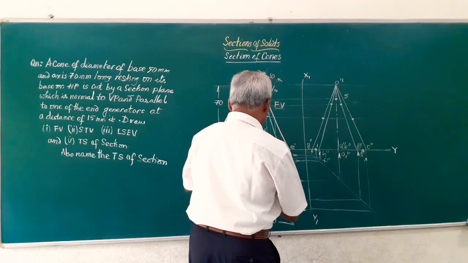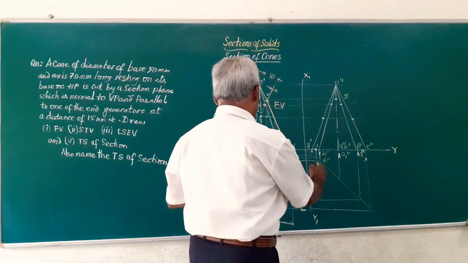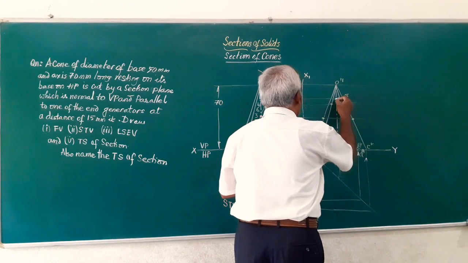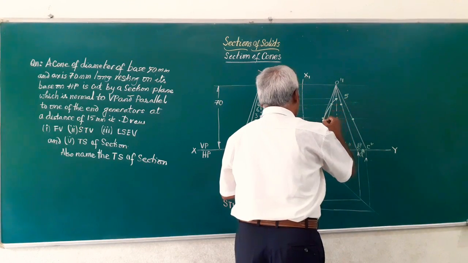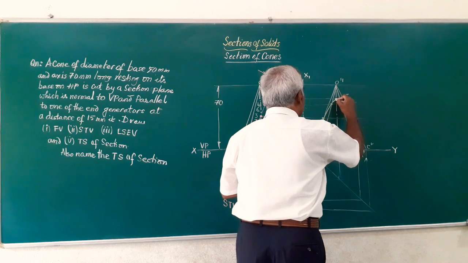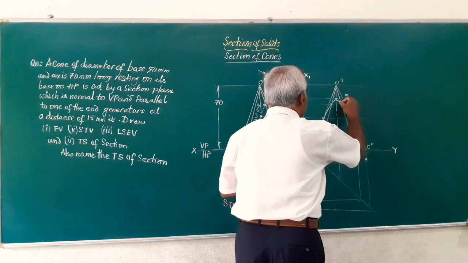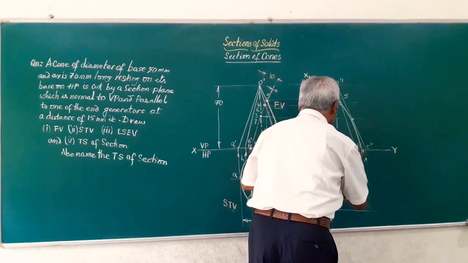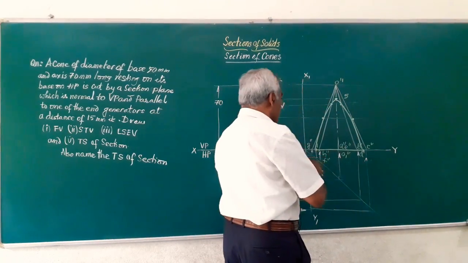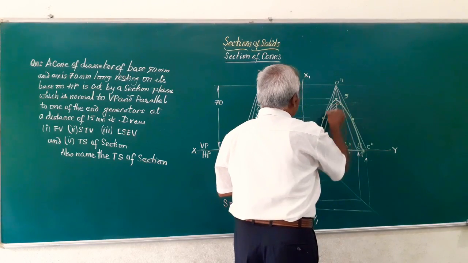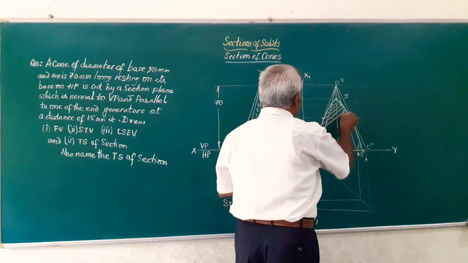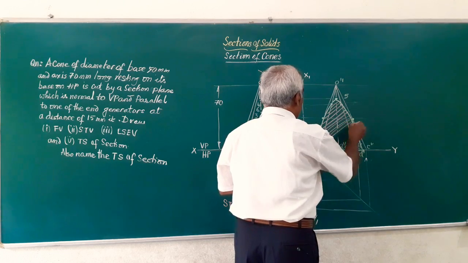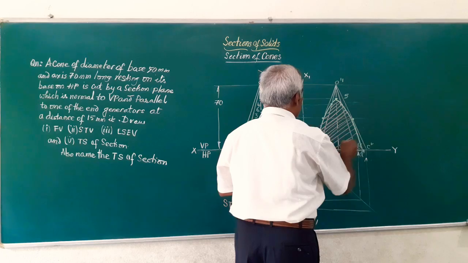Then next we have got the point 7. So these points, what are the points you have got here? You join them by a smooth, continuous curve, and the base of the portion here is intact. So shade or hatch this area by thin lines at an angle of 45 degrees to the horizontal.